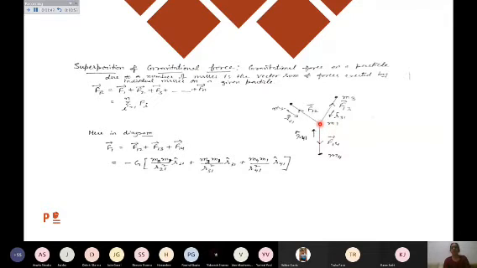So total force by superposition principle, whatever is acting on this first body M1, is equal to the vector sum of the forces due to the second, third and fourth body. So I can write F1, the total force on the first body, is equal to F12 due to the second particle, plus F13 due to the third particle, plus F14 due to the fourth particle. But of course the knowledge of vector addition should be there, so that you are able to work out the numericals.